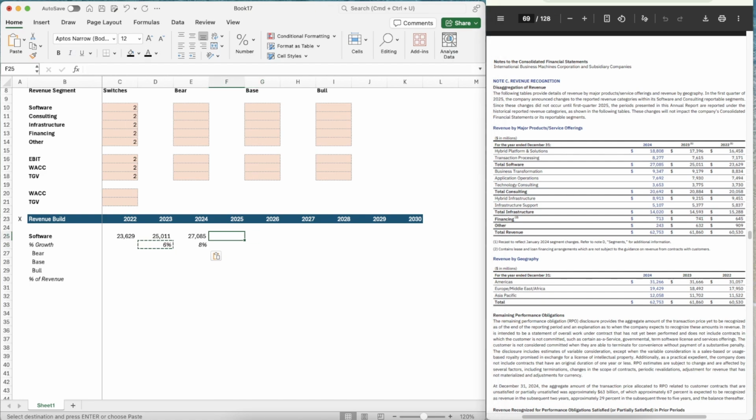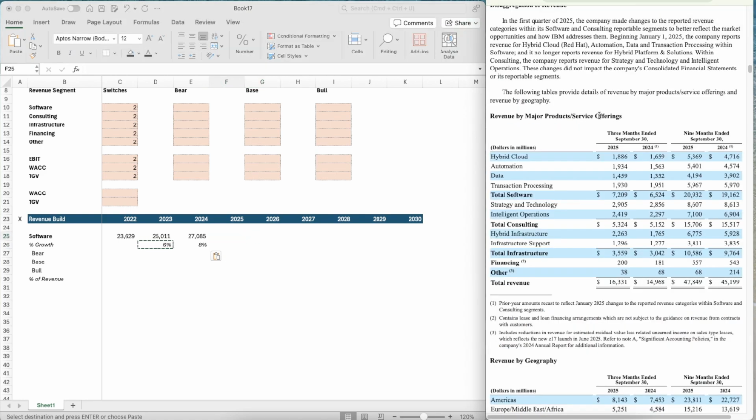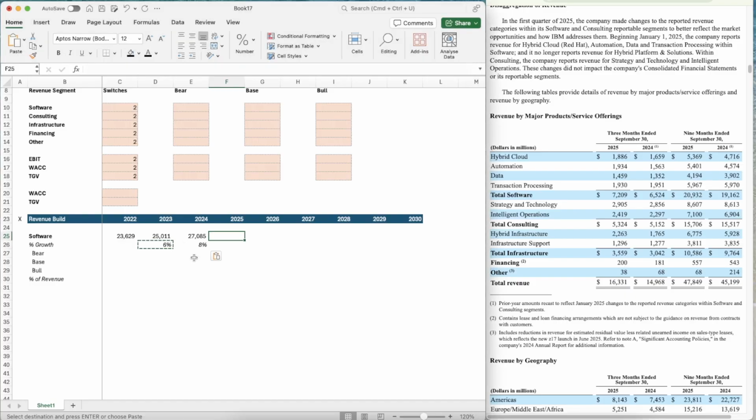Now for 2025, we come over to the 10Q. We can see 2025 so far on total software, they've done nearly 21 billion. By this time last year, they'd done 19 billion. So for the first 9 months of the year, they'd done 19 billion in revenue and finished on 27 billion. We now take the 2024 total figure, divide it by 19,162, gives us 1.1413, and we'll take that and we'll